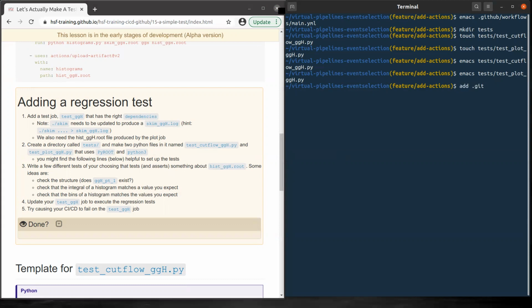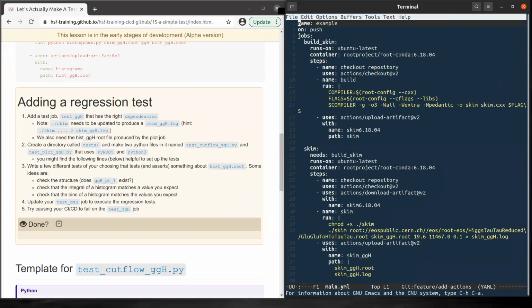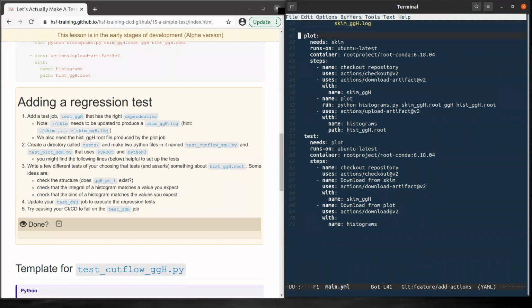Let's first add, so we have, okay, let's open the GitHub workflow main. So up to now we just downloaded. What we need is another step.